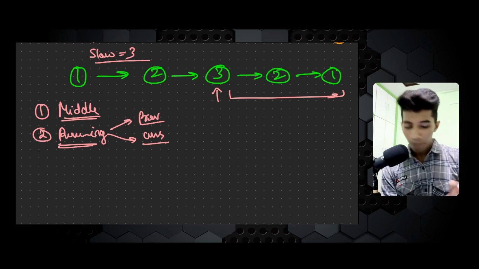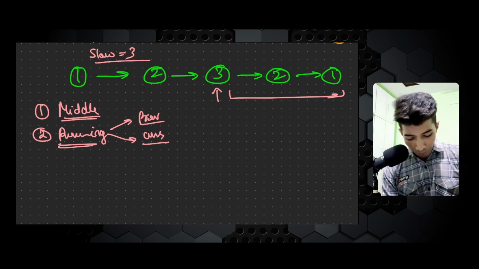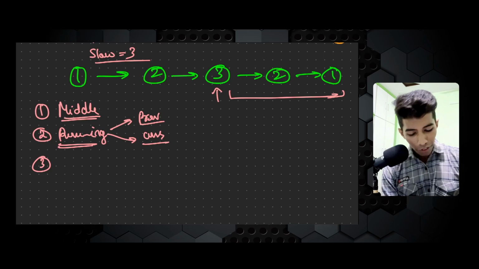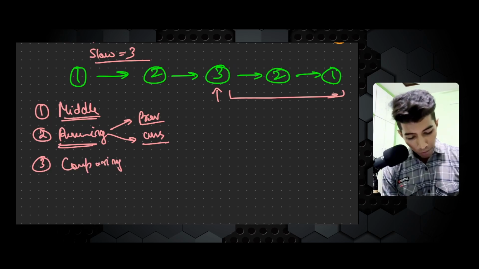Thing is clear? Previous and current, two things we require here. So now that slow will become my current, simple, like this. And third, after reversing, we will compare. How we will compare? Let's take an example,